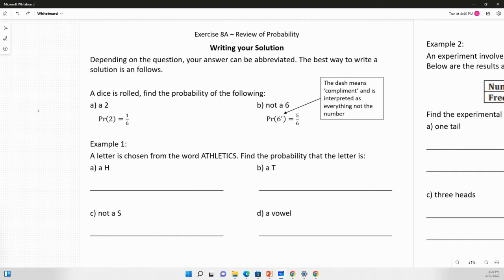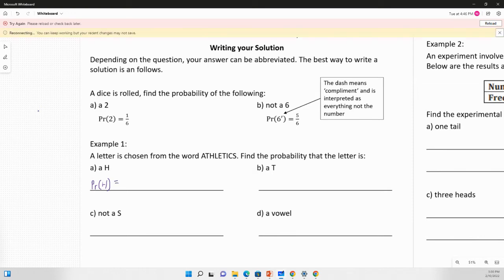All right, now let's have a look at our example here. A letter is chosen from the word athletics. Find the probability that a letter is an H. So we're going to start practicing our lovely notation here. We're going to call this the probability of getting an H